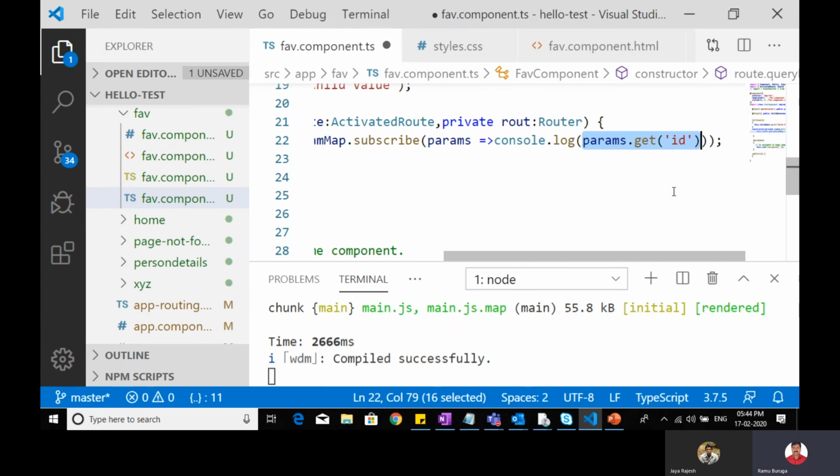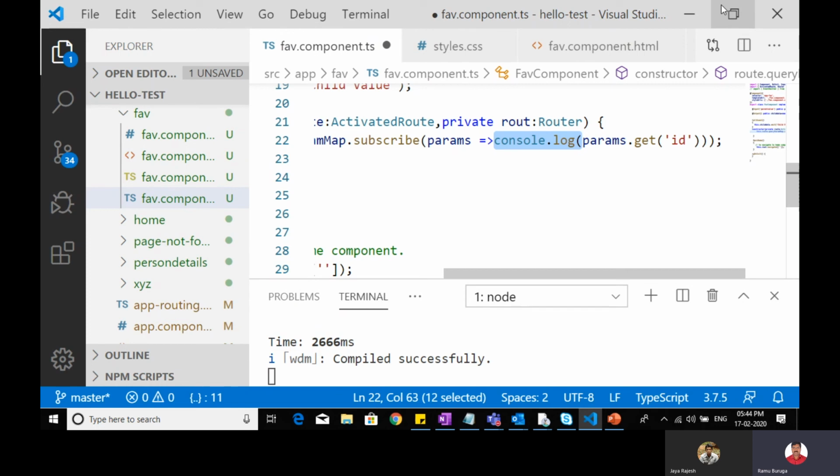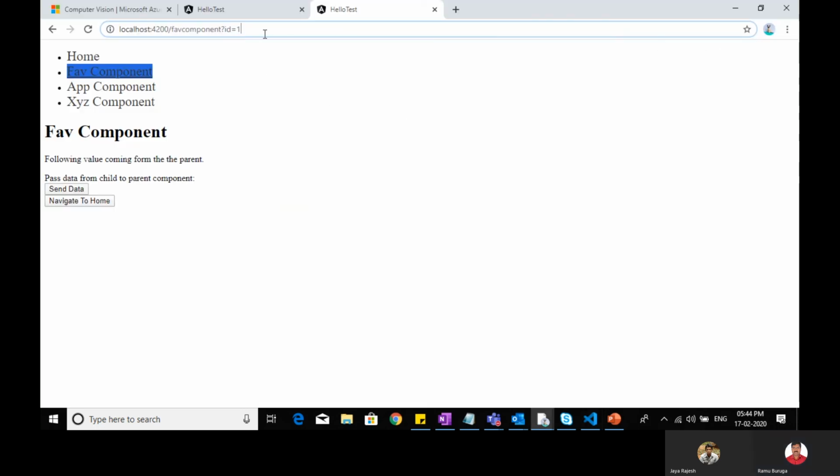Whatever value we are passing through this variable, I am reading it and showing it in the console log.